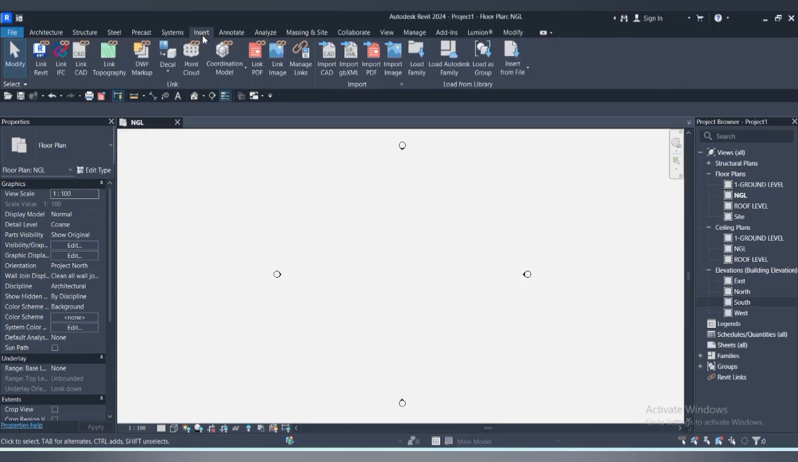be it a link topography from a CAD file. You can equally link or import a CAD file, that's an AutoCAD file. You can even import a picture, a decal, and whatever you actually want to import can be imported here